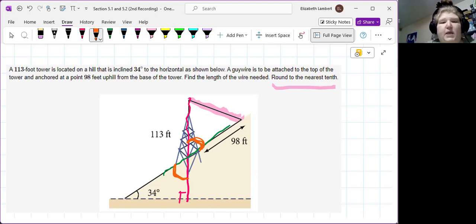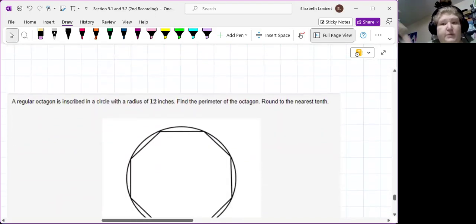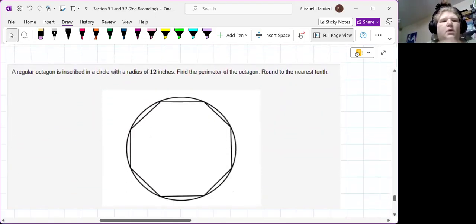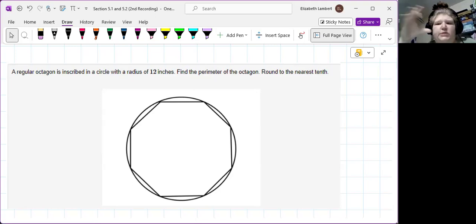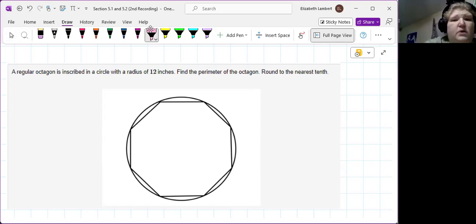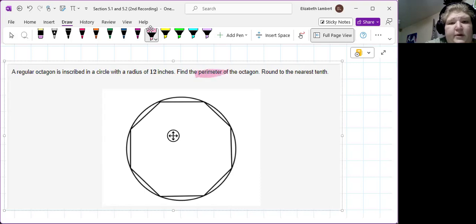All right. The other one that threw people for a loop, assuming we still have it, is this one. So we have a regular, in this case, octagon, inscribed in a circle. Inscribed means it's inside, so the vertices of the figure are touching the circle, like we see in the picture, with a radius of 12 inches. Find the perimeter of the octagon. So I'm going to highlight perimeter here